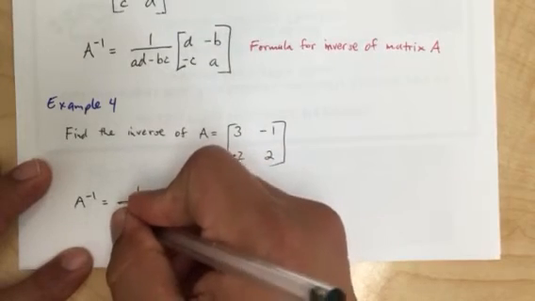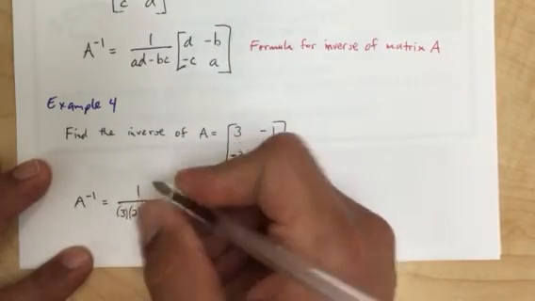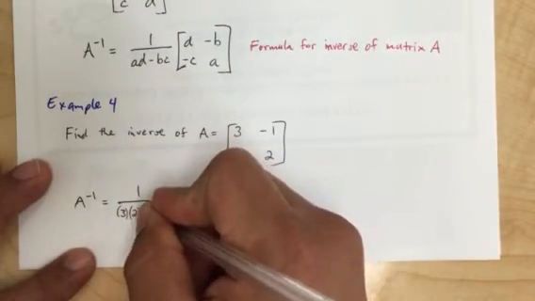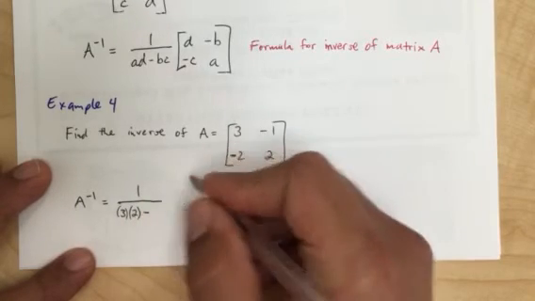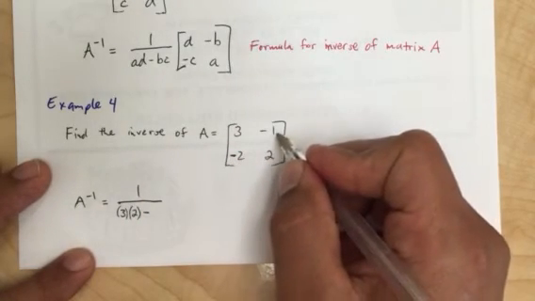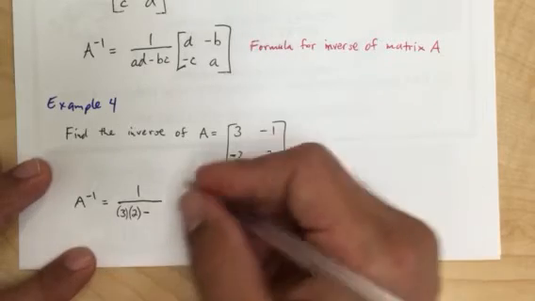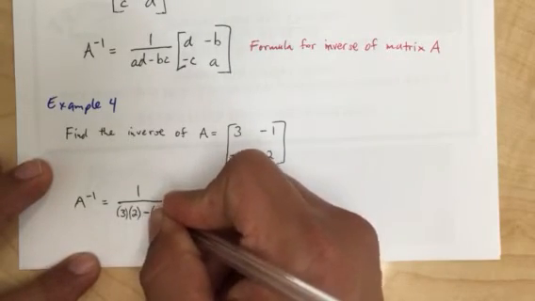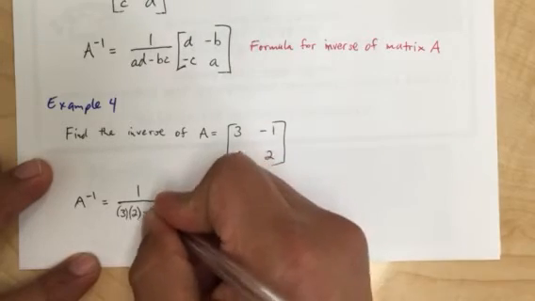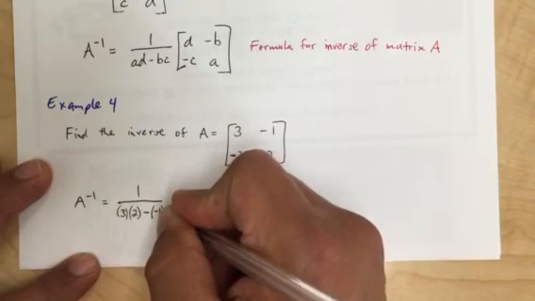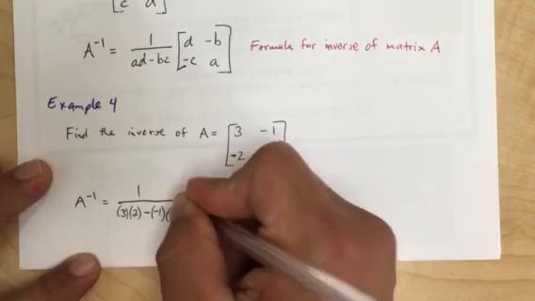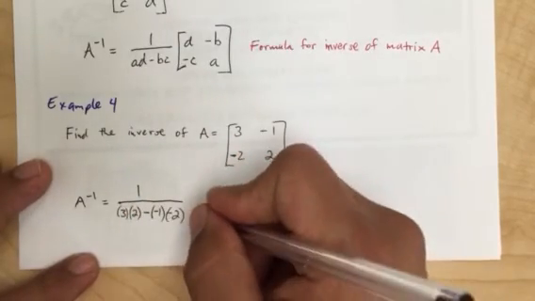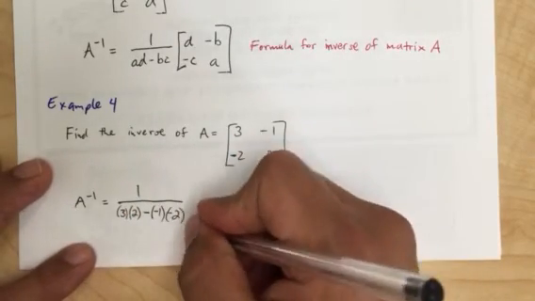So we have 3 times 2 minus B times C, which is -1 times -2, and then we're going to multiply that times